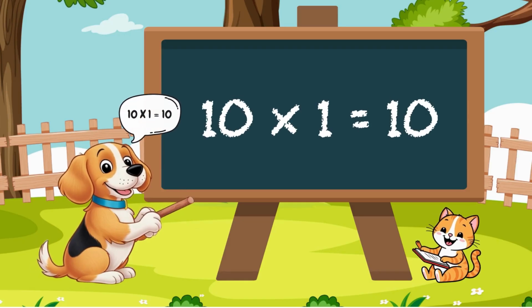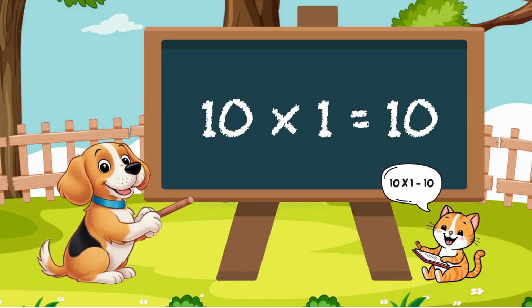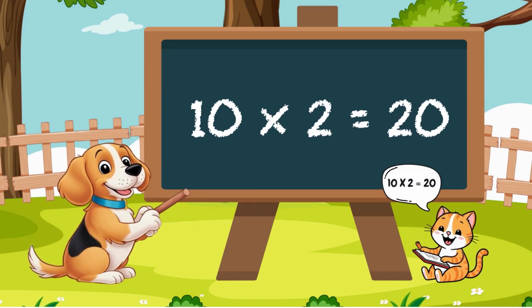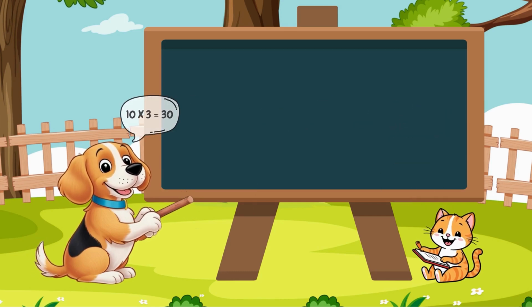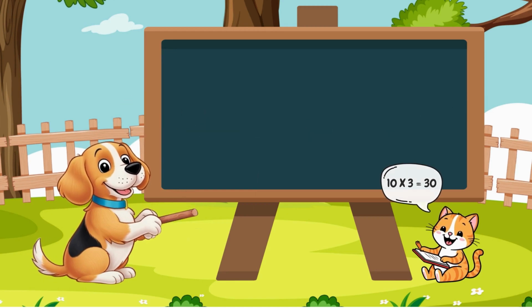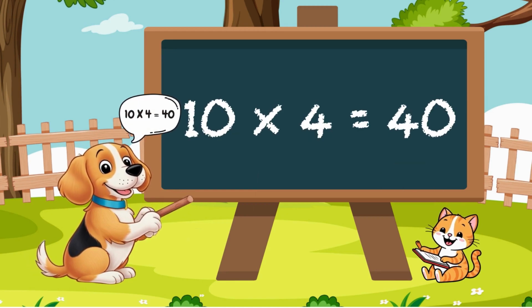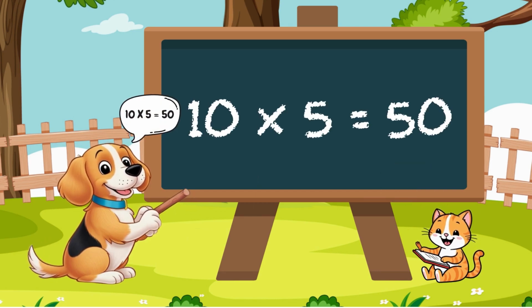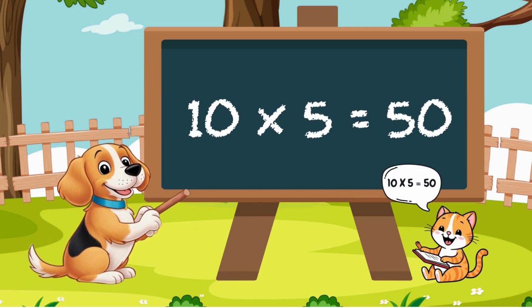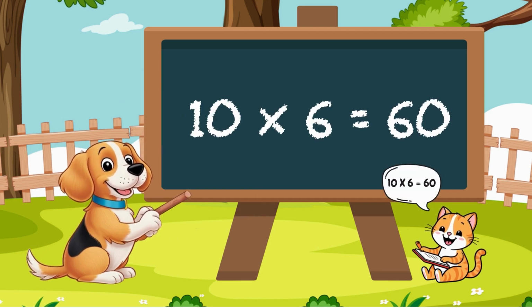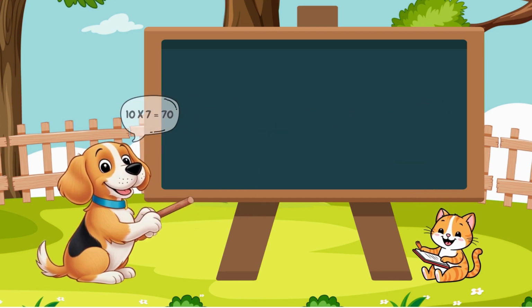One more time. Ten ones are 10. Ten twos are 20. Ten threes are 30. Ten fours are 40. Ten fives are 50. Ten sixes are 60. Ten sevens are